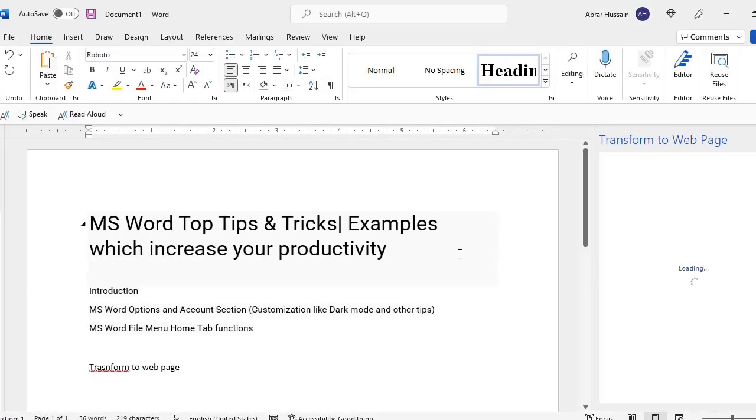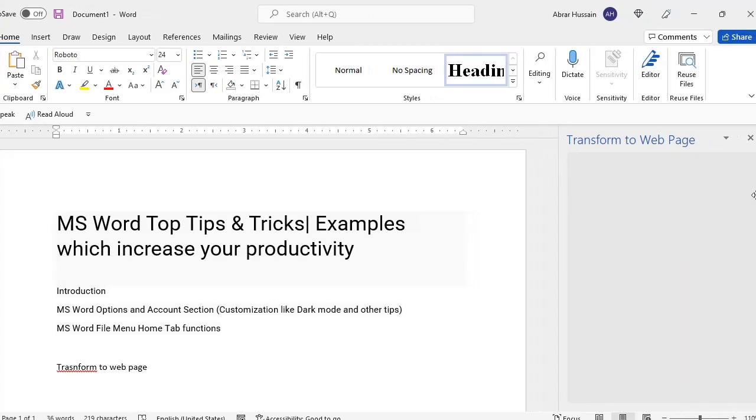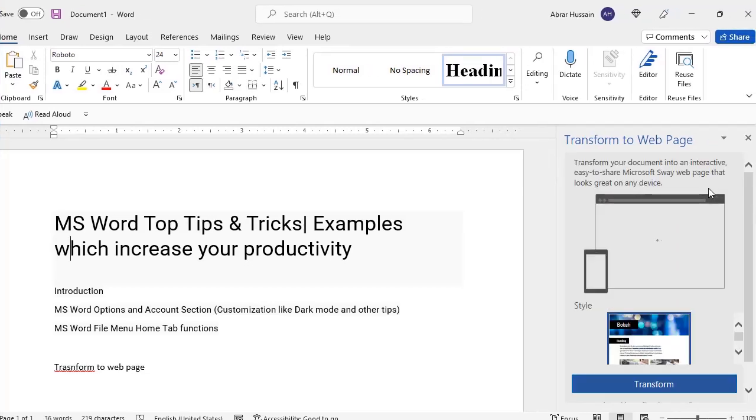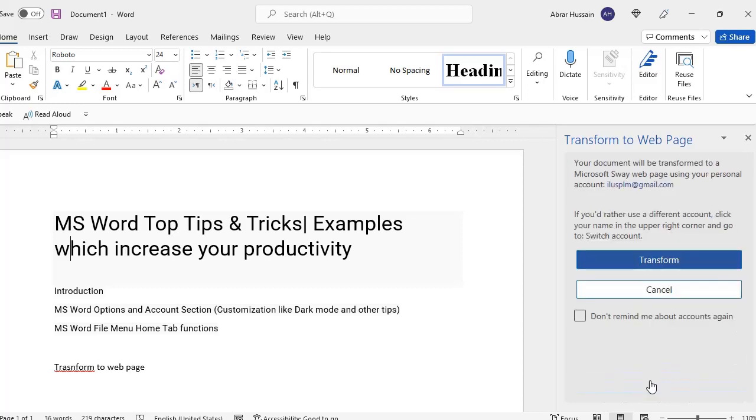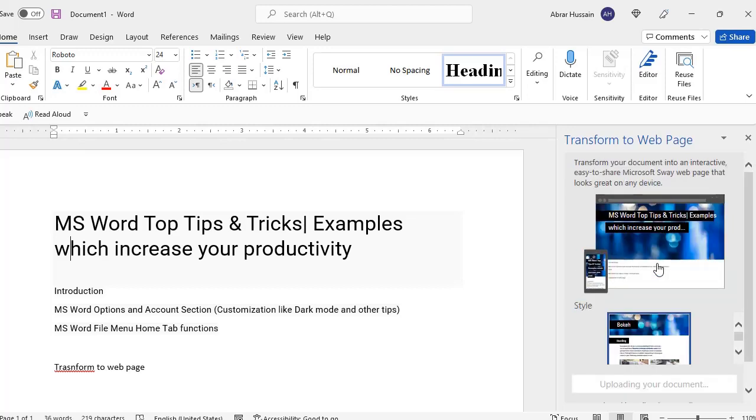This is Transform. When you click Transform, you will see some options for designs. You would have seen the designed web pages. For example, for this same document, if I want this design, I can convert it to a designed web page. For example, if I select this and click Transform, and then Transform, sorry,